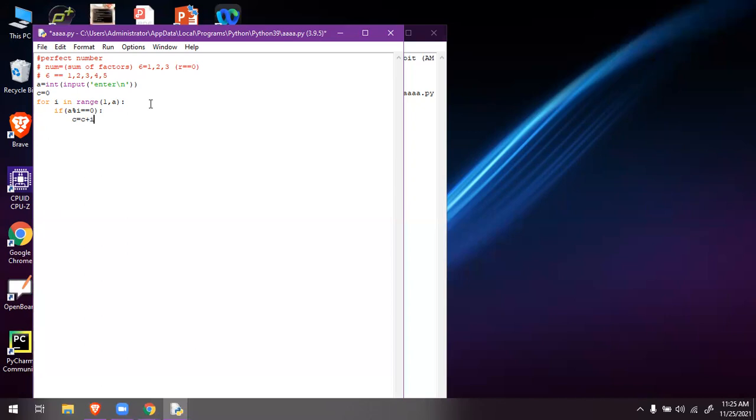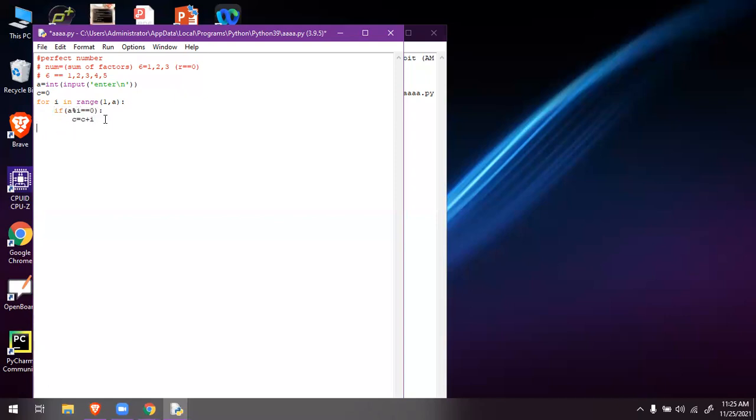Then I'm coming out of the loop. The for loop takes a range of numbers, and after that it divides with each number in the range.